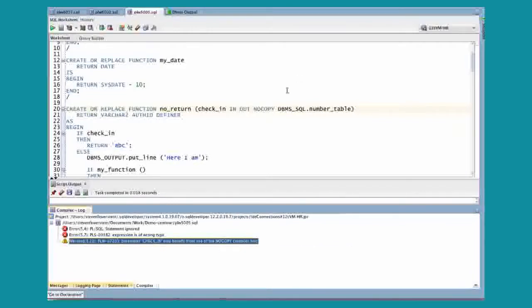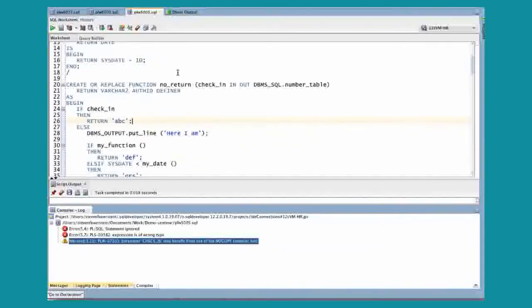My point here is that, again, the compile time warnings are an opportunity for you to learn more about PL/SQL. You might never have heard of NOCOPY, but if you use warnings, now you have learned about it, or you at least have a heads up about it. You can go explore further. One more thing for the 5005.